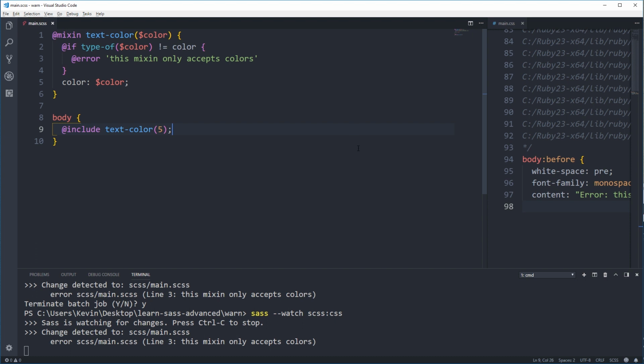So while this is useful, getting an error like this doesn't tell the person exactly what they did wrong. And sometimes you want to say, okay, it's not working because you put this in and it should have been something else. So here we're saying it only accepts colors, but we could be really explicit. We can use interpolation to tell them exactly what they put in wrong. So this mixin only accepts colors. We could instead put, this mixin requires a color, you entered, and then we could use our interpolation color